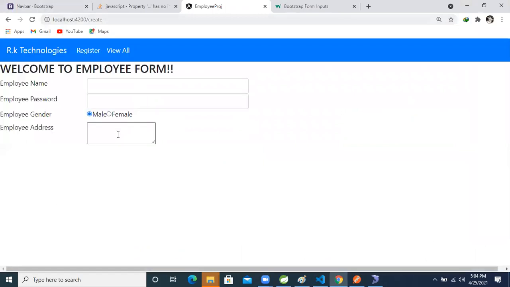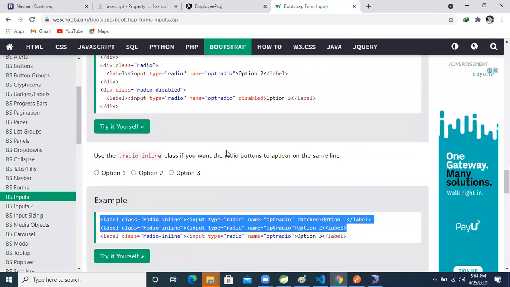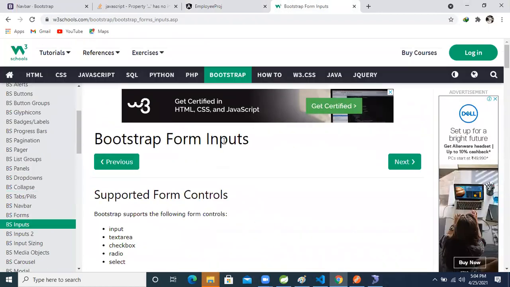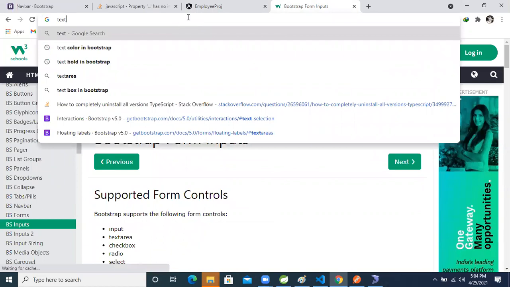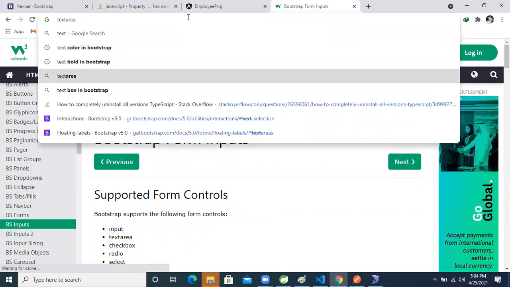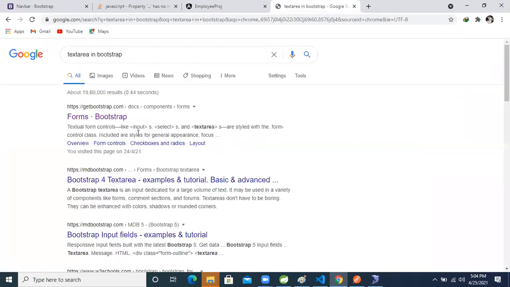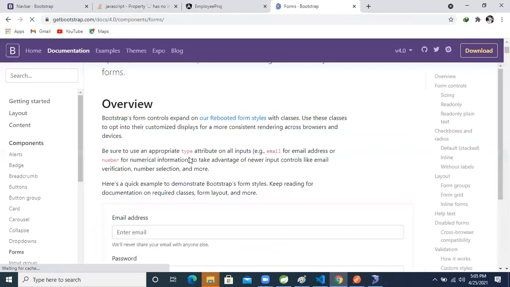Employee address text area. It looks like, shall we take this text area from the internet only, because that looks a little bit good, right? Text area. Good. We are designing everything in front of you only, right? So which one is good?